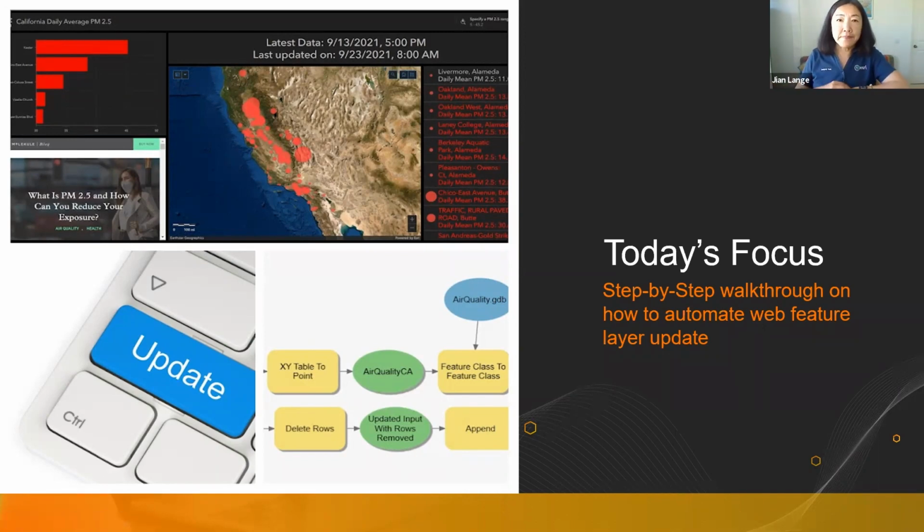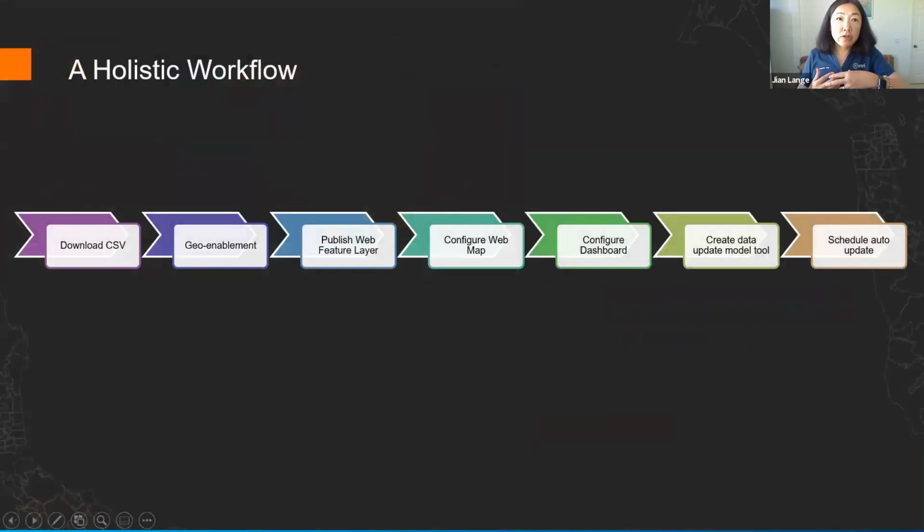I have a Model Builder model, as you can see a little bit here, that drives the update behind the scenes. Instead of showing just the scheduling feature in ArcGIS Pro, just how to schedule that tool to run automatically, I thought it would be a more realistic scenario for you and your students if I took a holistic approach and showed the complete workflow, starting from downloading a CSV file from that EPA AirNow website,